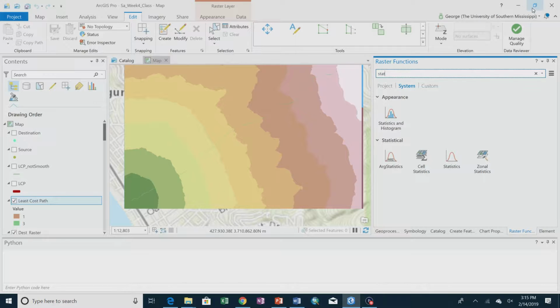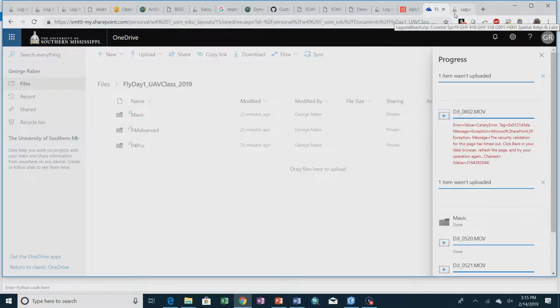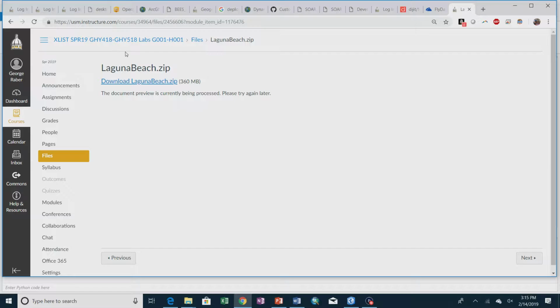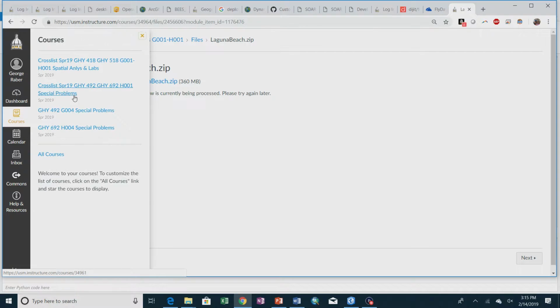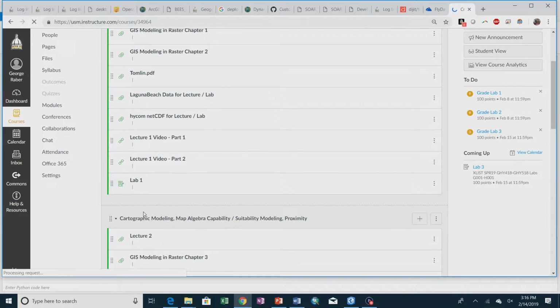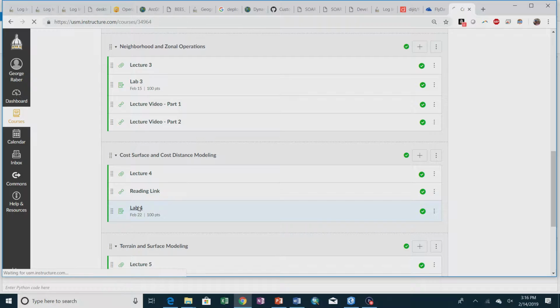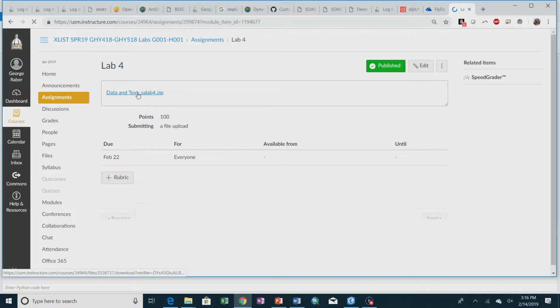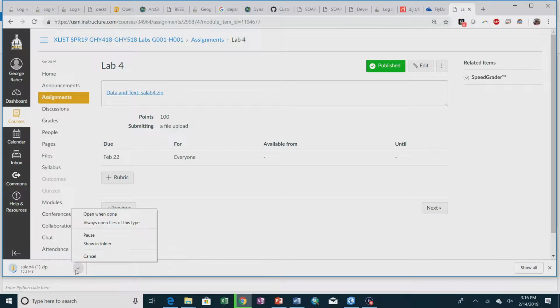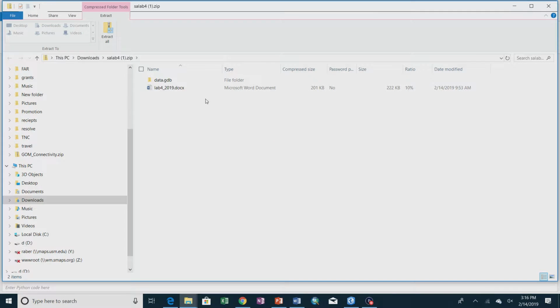Okay, so lab, if you look at it, let me get to the right course. 518. Lab 4. Text. I'm actually not going to, just decided this, I'm not going to run through this week's lab,